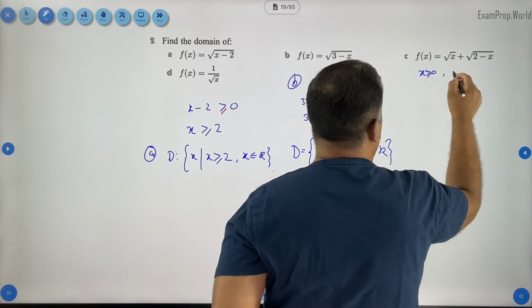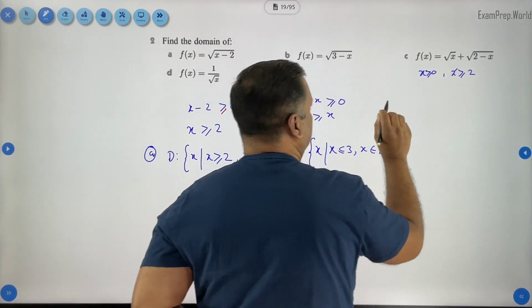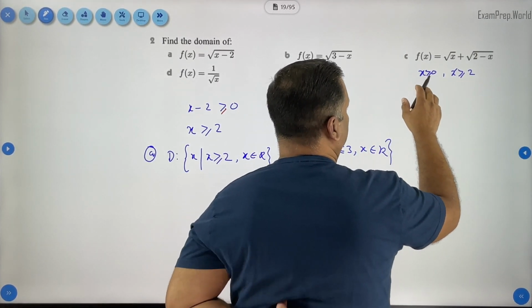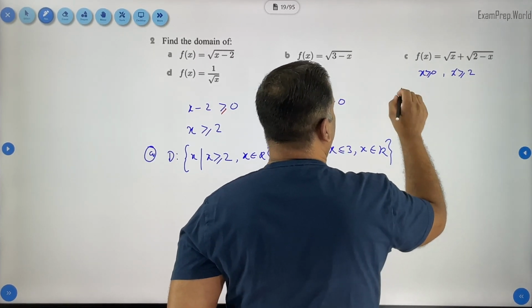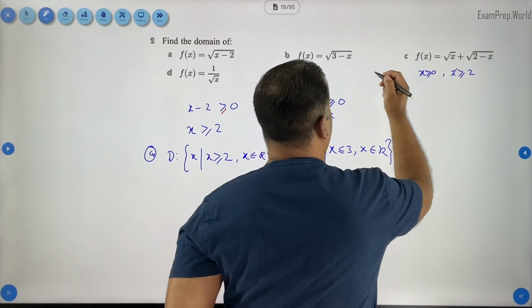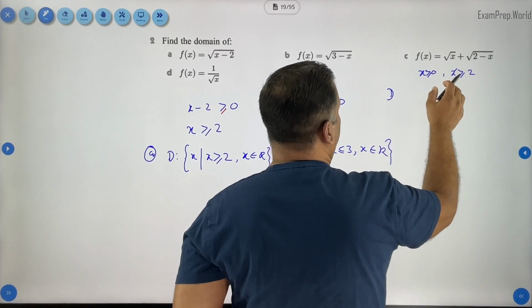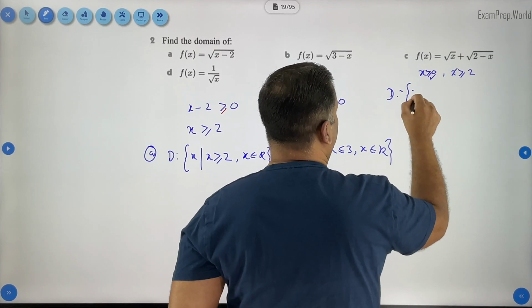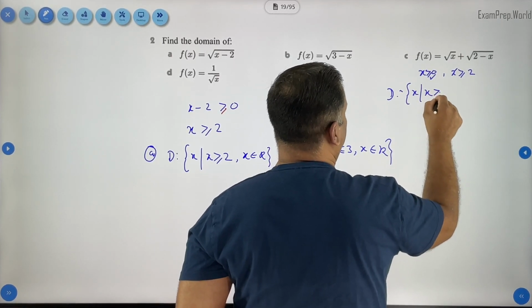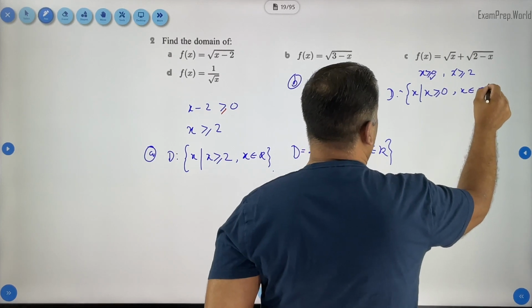We should write x should be more than or equal to 0 and more than or equal to 2. So we'll write domain, because it's more than 0, we can straight away write x such that x is more than or equal to 0, where x belongs to real numbers,